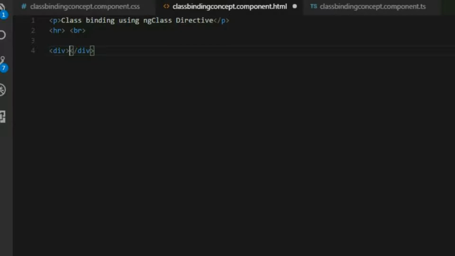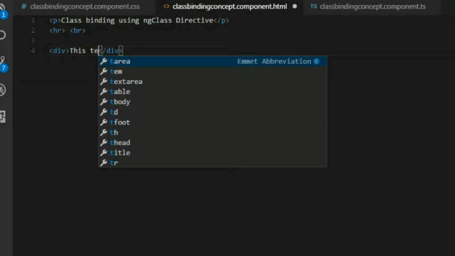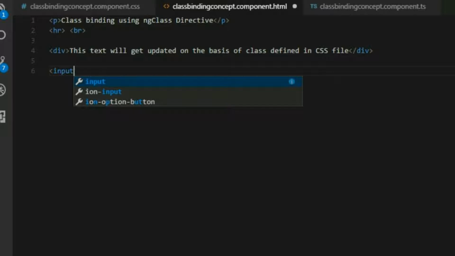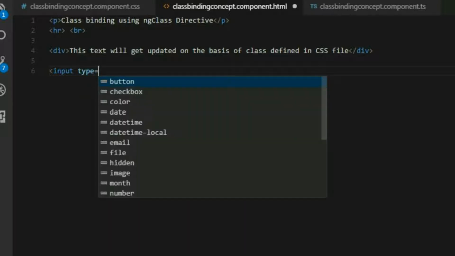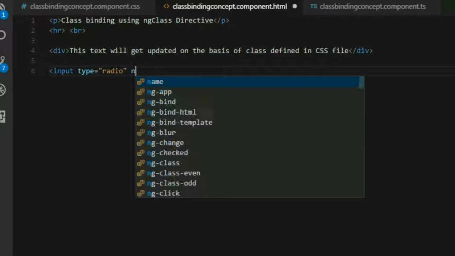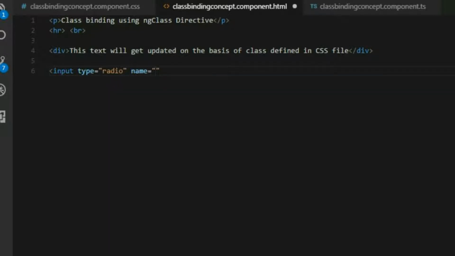Let's say the text will get updated on the basis of class defined in CSS file. After this, we are going to close the div tag and then we are going to put a radio button. So input type is equal to radio, and then name is equal to, let's say, radio button btn,